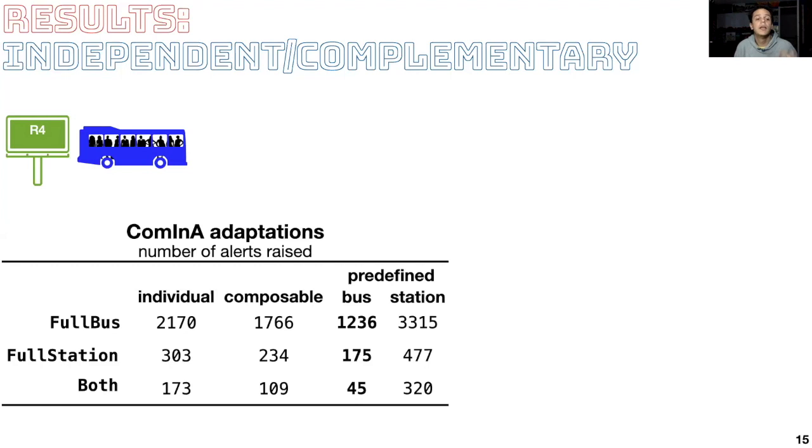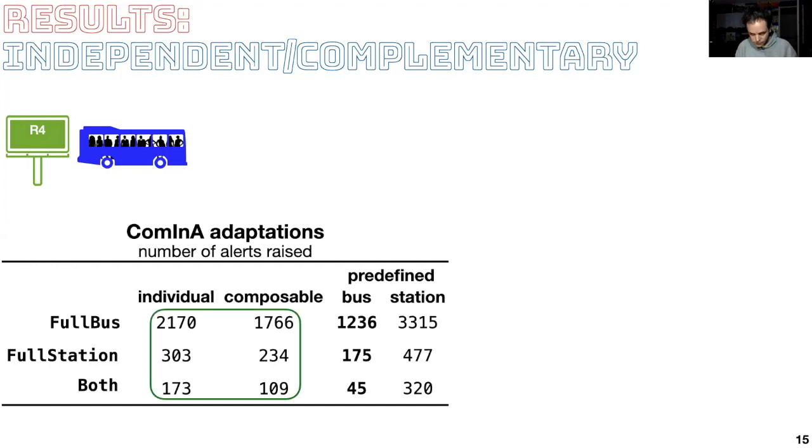And this is because the adaptations, as we mentioned before, are independent or complementary. So it makes sense that solving for one particular adaptation always is better than solving for the other. In this particular case, it is better to choose always the full boss adaptation first, but that is just by chance. We could as well have chosen to solve always the full station adaptation first with a lower number